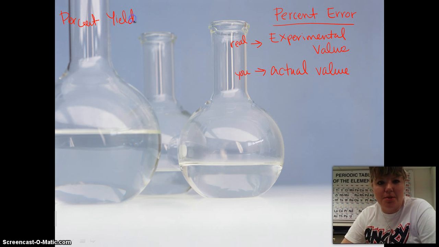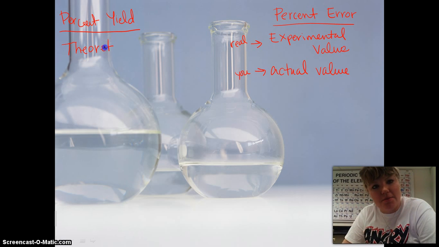yield, is very similar. This is measuring the percent of your error. So you recover something, you measure the density of something, and you compare it to what you might read in a book, or you might see me write on the board or whatever, and you can calculate, doing multiple trials, to see how close you got to the experimental value. Okay. Now in percent yield, it's a little different because the theoretical yield,